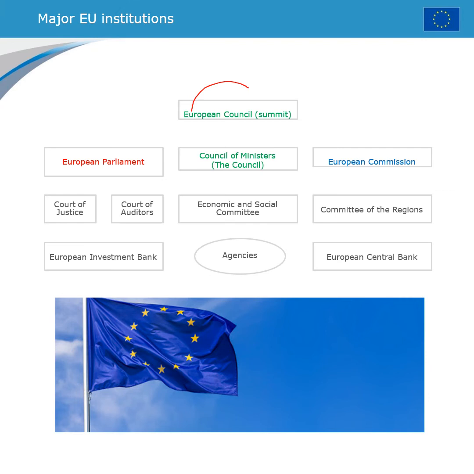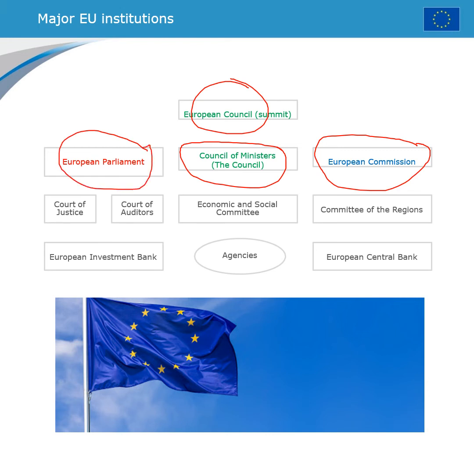We have the European Council, the summit, you see it here. That's what we talked about, where the heads of the states meet at least 4 times a year, and they work on the really, really big problems. The smaller problems are here in the Council of Ministers. That's more detailed. It's not so spectacular. Then we have mentioned the European Commission, the European government, who execute European policies. And we talked about the European Parliament with elected members of Parliament whose job is to control the European Commission.